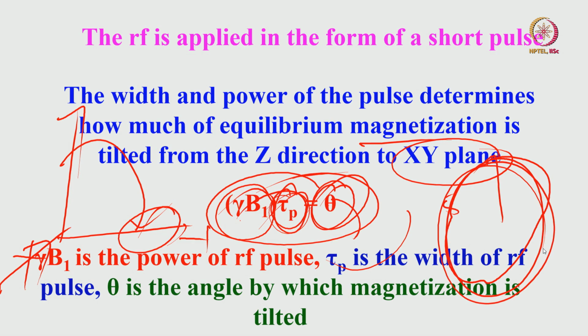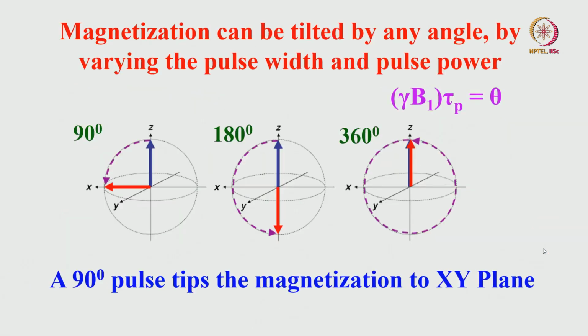It can dance to the tunes. That is what we do. And this is what happens. The magnetization can be tilted by any angle by varying the pulse width and the power. Initially, let us say it is along this axis, I apply a radio frequency pulse along the y axis, I can bring